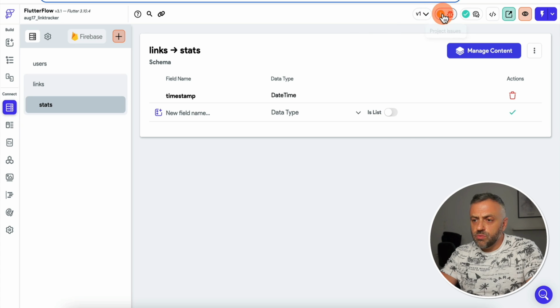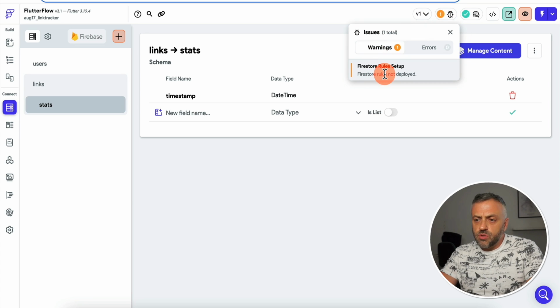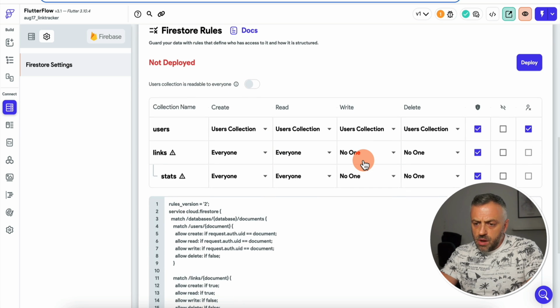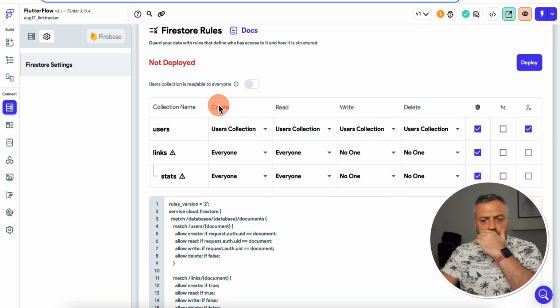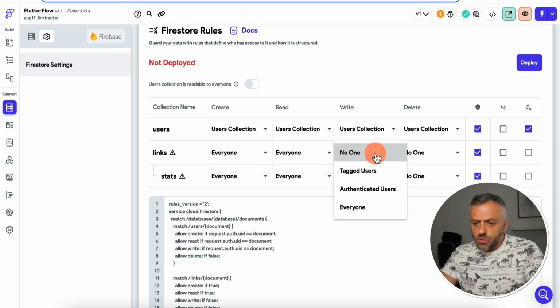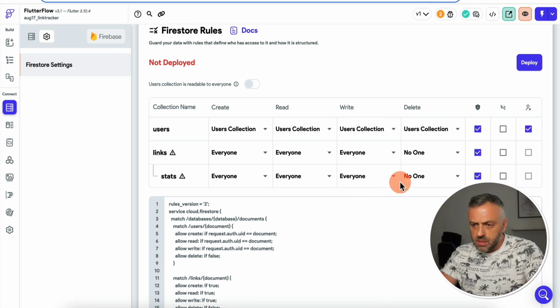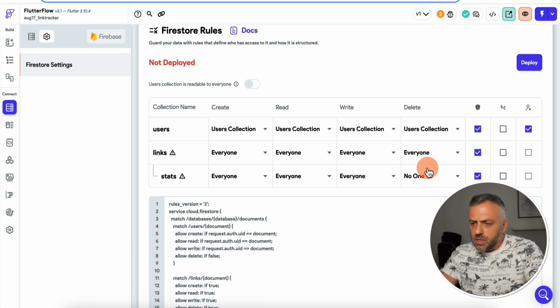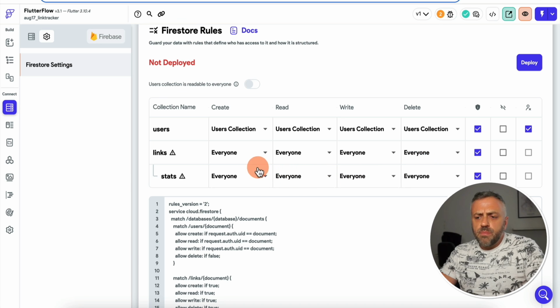So the next thing we want to do is check any warnings, and it says Firestore rules have not been deployed. So if we click here and scroll down, we have various permissions. So let's double check our permissions. So create links. Everyone can create links. Everyone can write links. So what I'm going to do is say everyone just to keep things consistent, and delete. Here you can put authenticated users, but I'm just going to put everyone. Now, when I'm developing the app, I typically like to put everyone to make sure that everything works. And then later on, I tighten up the